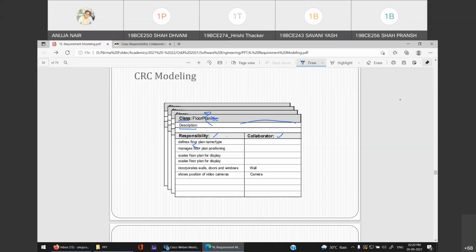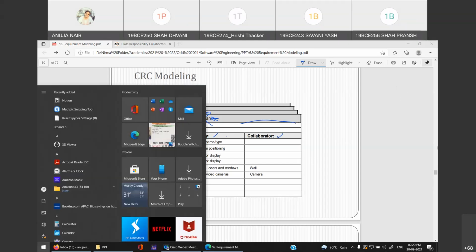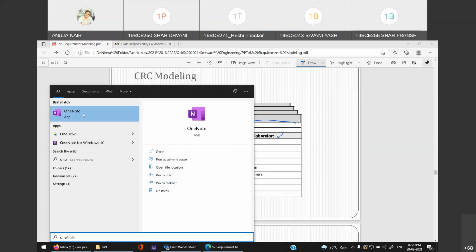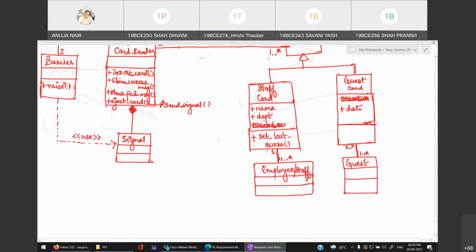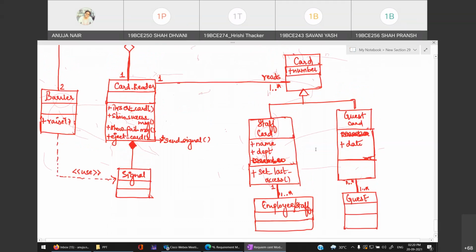Now, please understand that whenever you are making a class diagram, like we discussed last time, it has a section called methods, right? Supposing this was my class diagram, all these things that we had written over here, which are your methods, are nothing but the responsibilities.